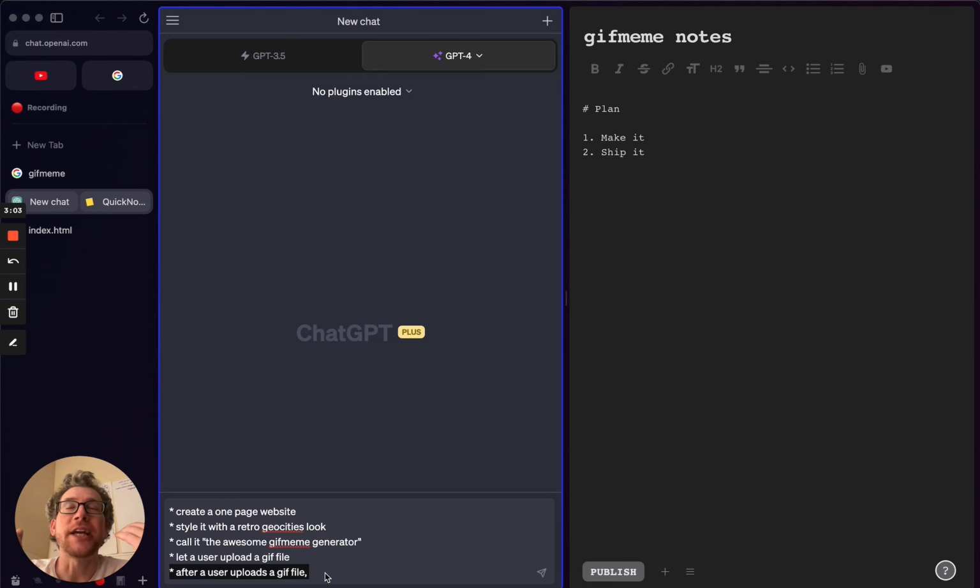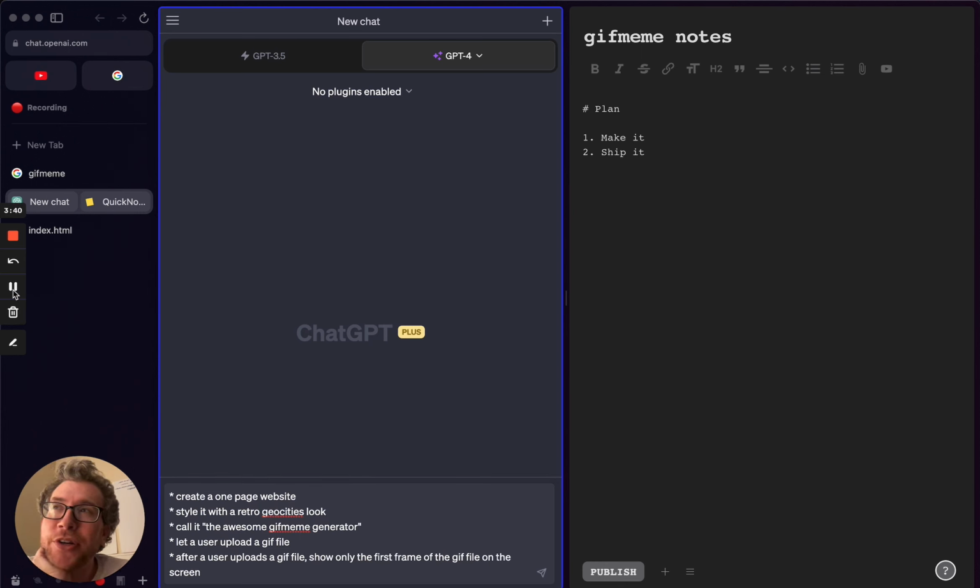If I do it the more complicated way, it would be after a user uploads a file, split it into even 4 frames and display it in 4 different ways. And I'm not really sure how to say that. This is my own weakness. And actually, a lot of people growing up who are going to be programming using this method are going to be really good at explaining concepts simply in a way that AI will be able to understand. Whereas I still think about it from a technical standpoint. So I think I'm going to try it the simple way first and then create advanced layers.